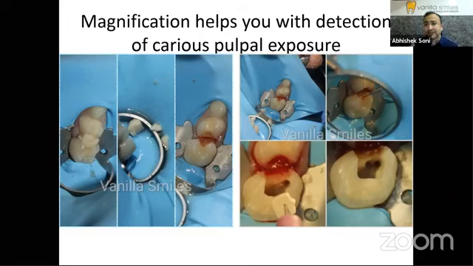Now you've gone in with your selective caries removal, and you know that you are close to the pulp. If you go and pack glass ionomer over there, and you probably haven't checked whether there is an inadvertent pulpal exposure or not, and if you have checked with your magnification by your side, you would probably opt for a bioceramic first, followed by your glass ionomer restoration.